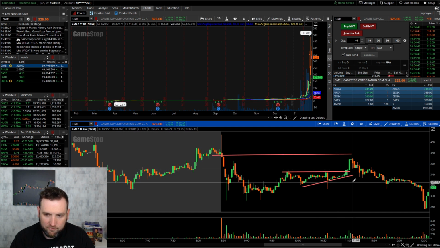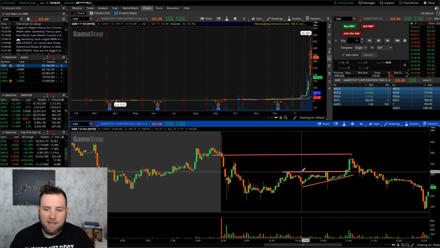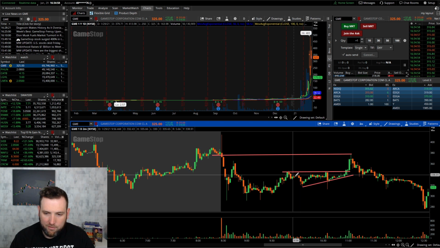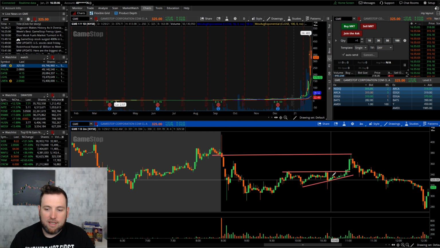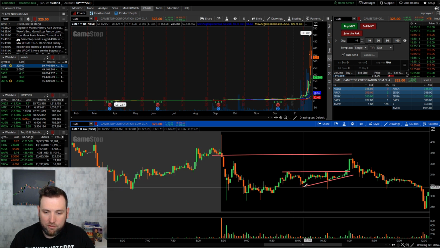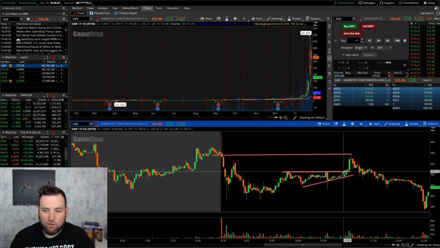So that's not really a U-shape, that's a triangle. Sometimes U-shapes and triangles can look very similar because you're looking at that resistance line. But you can see there it's a triangle. It came up, hit right there at the resistance, dropped down, came back up, dropped down, came back up. And the way that you know it's a triangle is the candles are getting tighter and tighter towards the tip of the triangle right there. These candle bodies were a lot thicker, and then they started getting smaller and smaller, and the area that the price was moving in started getting smaller and smaller up into this tight little triangle,